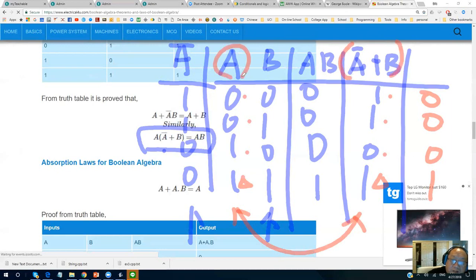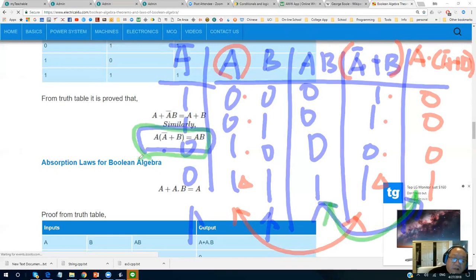So this one is A and A bar or B. You end up with this logic. So this logic is the same as this one. Two are the same. These two columns are the same. So by this we prove this.